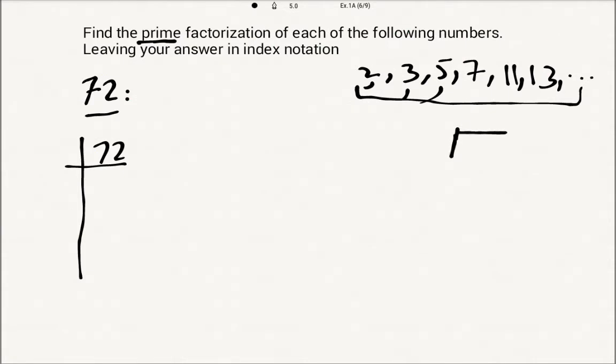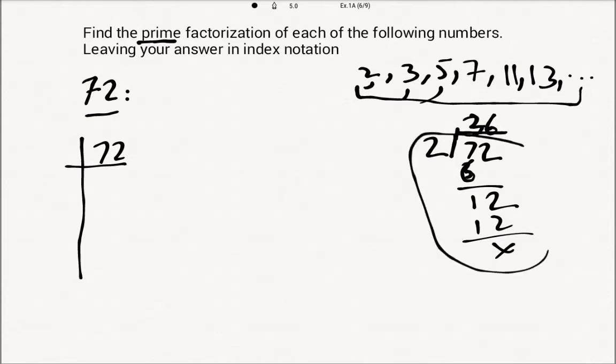I will do something different. Like 72, you will divide 72 by 2. 2 3s are 6, 1 remaining, and 2 6s are 12. So in prime factorization we will do all this in our mind and write the direct solution, 36. So how can you solve this in your mind?